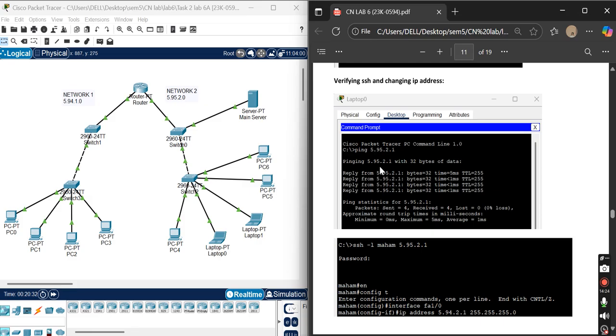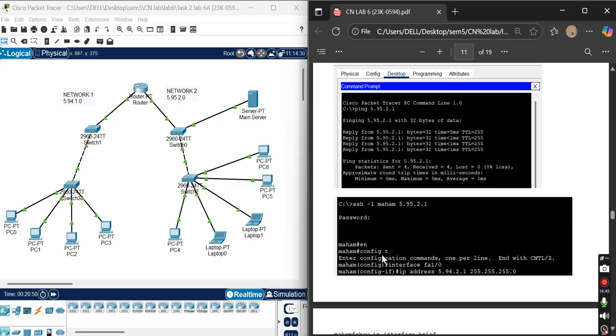I sent a ping to the router having the IP address of 5.95.2.1. After that, I entered SSH -l maham, that was my username, and the IP address of the router, and entered my password which I had set up.